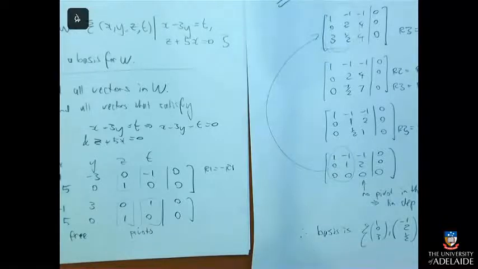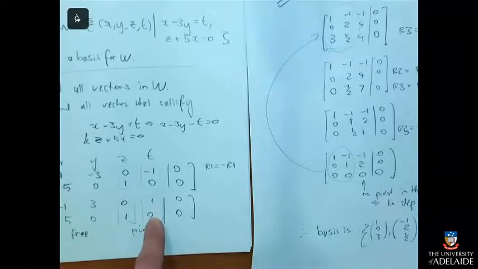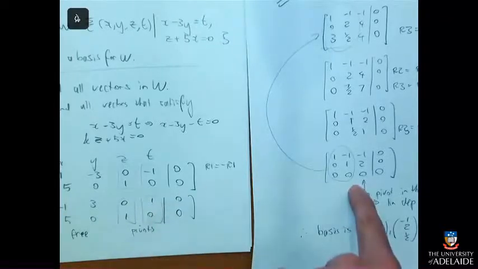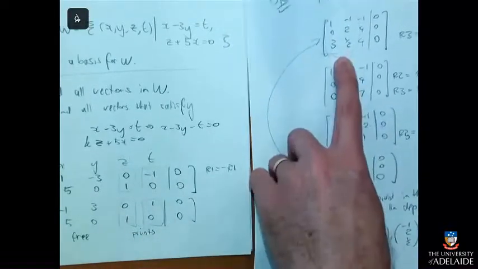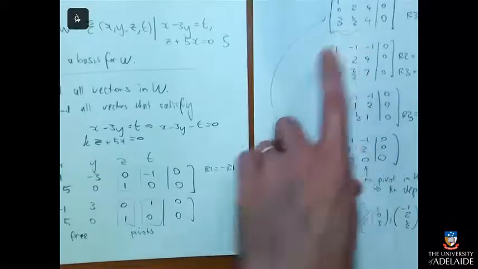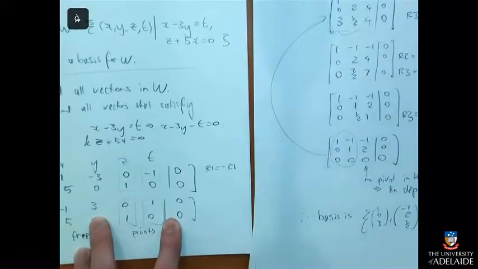I'm not going to just ask you, because if I was in a classroom, I would get you to find even more differences. In this one, my basis came from the free variables. I added my R and my S, and I used those to create my vectors from the free variables. In this one, the basis came from the pivots. They're completely opposite to each other. And in this one, the basis was actually listed in the original matrix. In this one, the basis doesn't live in the matrix at all. You had to create it yourself out of the free variables.